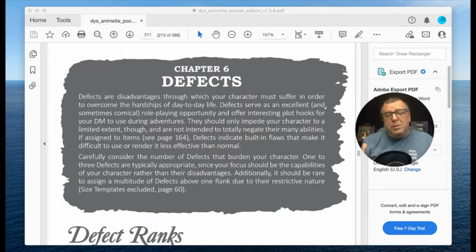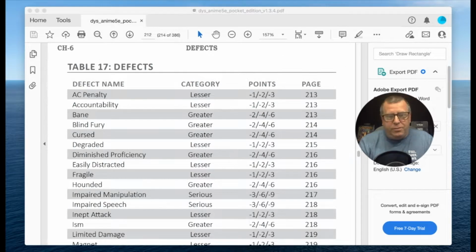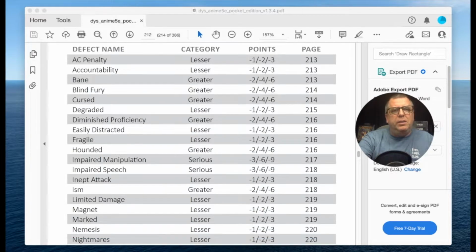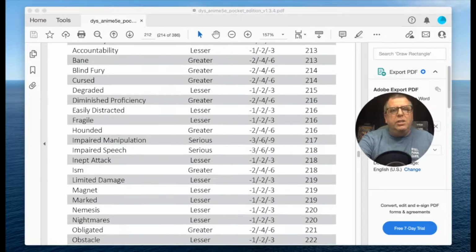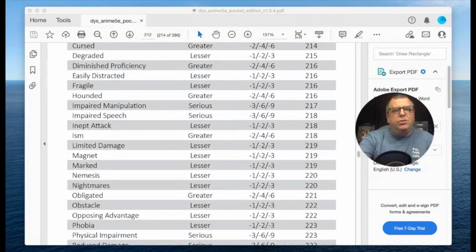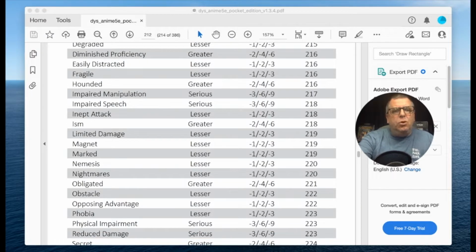So let's go and take a look at some of these defects and show how you can use them in your character. So here's just a list of some of the defects. You have armor class penalty, much like you have armor class bonus. In the attributes, you have Bane, Blind Fury, Cursed, Degraded, Diminished Proficiency, Distracted, Easily Distracted, Fragile, Hounded, Impaired Manipulation, Impaired Speech, Inept Attack, an Ism of some kind, Limited Damage, Magnet, Marked, Nemesis, Nightmares, Obligated, Obstacle, Opposing Advantage,